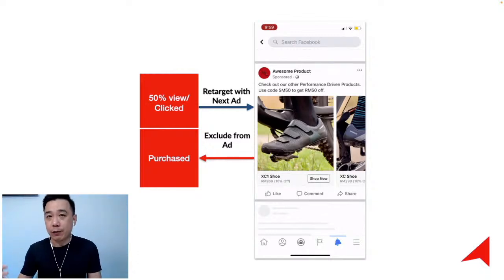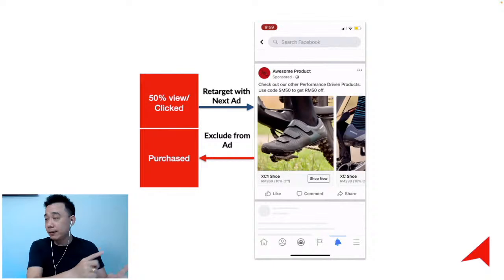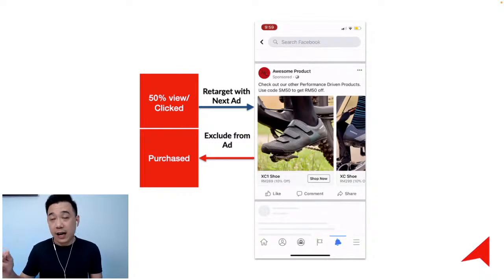If you do a 60 days retargeting, let's say 60 days, you know what that means? That means if I watch the video in the first place, the tier 1 ad, I will be seeing this retargeting ad for the next 3 months, 2 months, for example. Now, my question to you here is, what do you sell that I would need to take 2 months to consider whether to buy from you or someone else? Does it make sense? It doesn't. Right? So the retargeting has to be retargeting for the optimum duration.